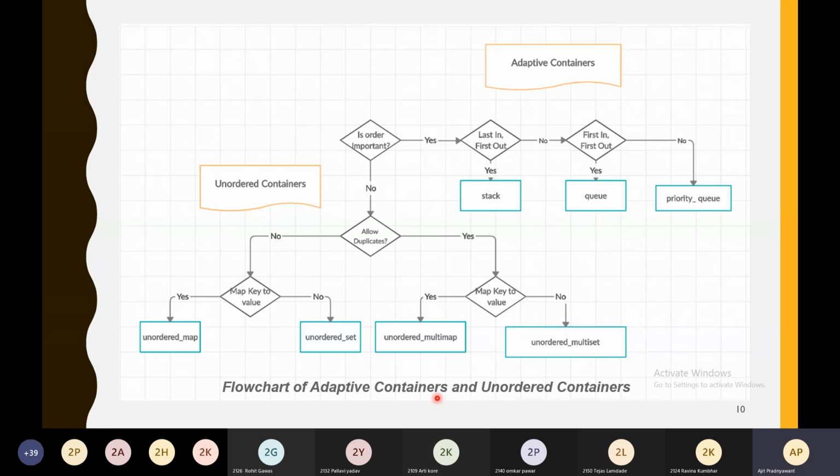Flowchart of adaptive containers and unordered containers. Here it is: all these are adaptive containers, whereas all these are unordered containers. So let's begin. For you, is order important? Whatever elements you have, do you want to maintain the order in those elements? If yes, go for adaptive containers. If no, go for unordered containers. So let's begin with